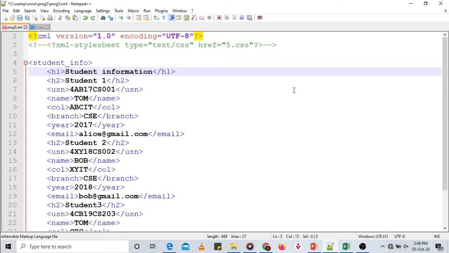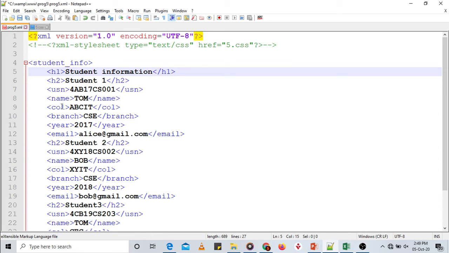Now as per the question, we are supposed to store the USN, name, college name, the branch, year of joining, as well as the email ID. So we can create our own element called USN here. Open the USN tag, specify the value for the USN or the content for the USN, and close the USN tag that holds the USN for student 1. The next tag that we are going to use here is the name. So we are going to specify the student name and close that particular tag. Okay, so open name tag, specify the name and close the name tag.